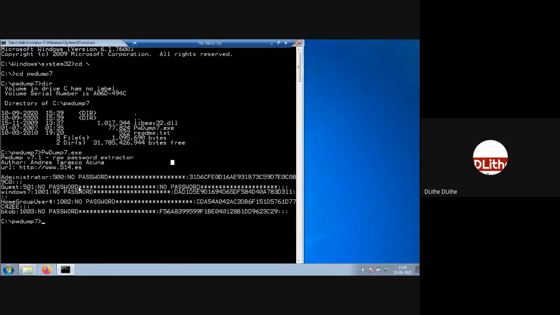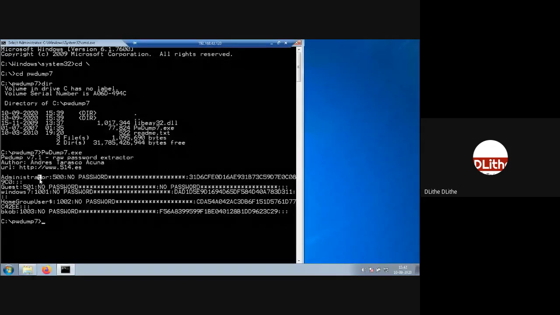And yes, as I said, you can use PWDump7.exe to get the hashes. When you get these hashes, you can see the data are separated by colons. The hashes will give you the username, user ID, and password hashes, and the character used to separate that information is the colon. Colon acts as a separator over here.